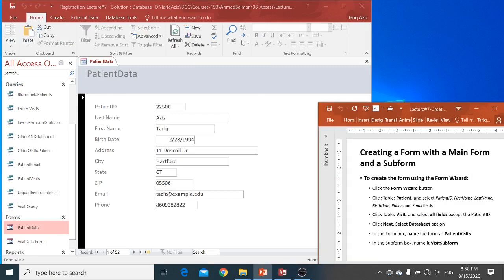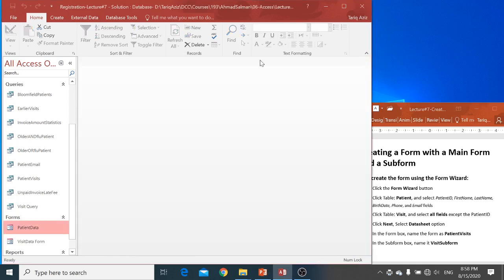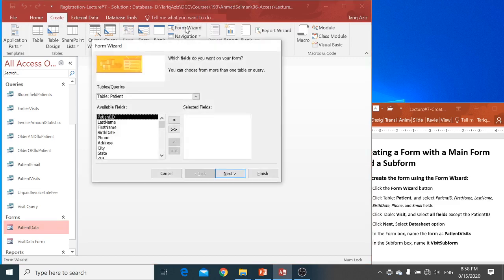So what is next? Now we would like to create a form and a subform. Very interesting concept. So let me close this one. Now I will use two tables, and they will be linked together, and I'm going to use the form wizard, and I can say, okay, I'm looking for a form for the patient, and in the patient I don't